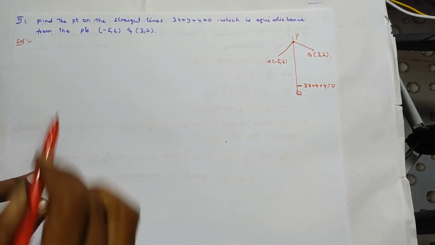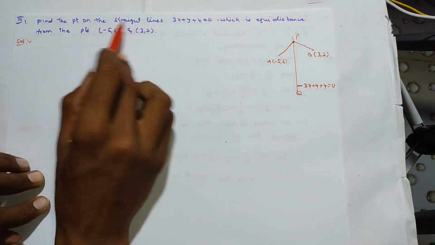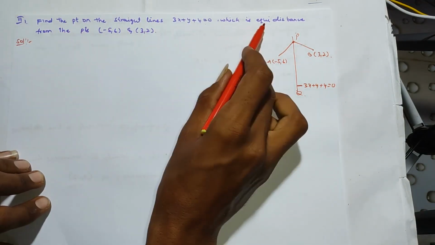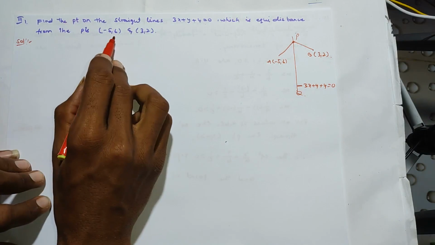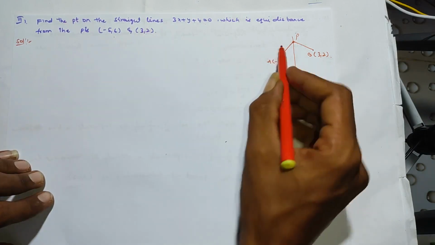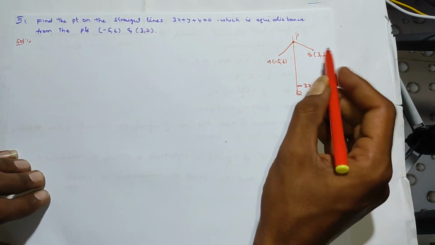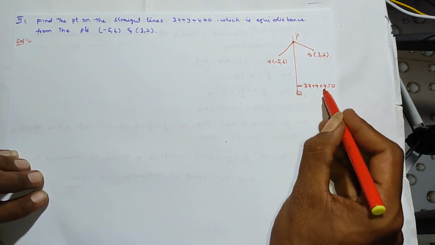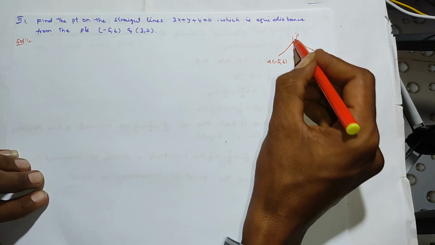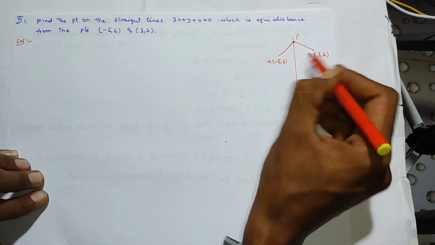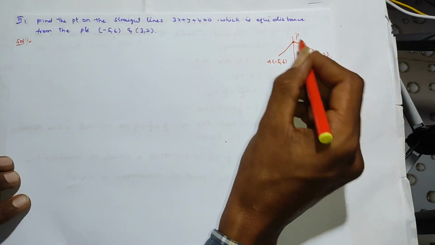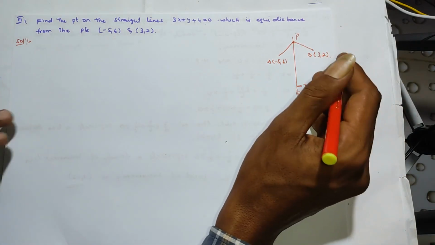Next problem: find the point on the straight line 3x + y + 4 = 0 which is equidistant from the points (-5, 6) and (3, 2). These are the 2 points. So I am finding another point P on the straight line 3x + y + 4 = 0, which is equidistant from the points A and B. So PA = PB. The distance PA is equal to the distance PB. Solution,